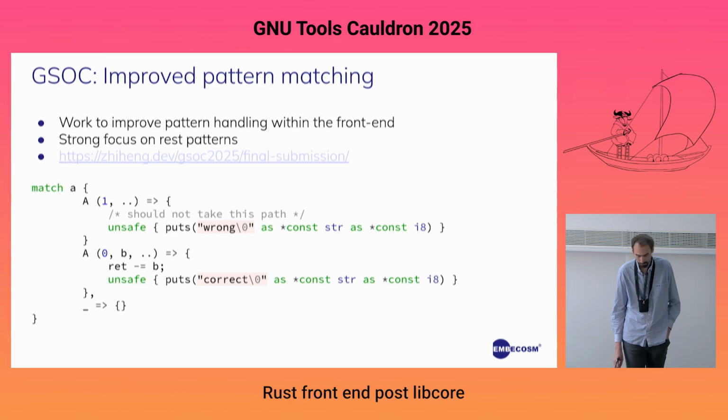I've put an example of a rest pattern right here. You can see the 2 dots over here. That's a rest pattern. It's basically to say, let's match over some part of a structure. It could be a tuple, a struct, or an array, and let's not care about the rest of the structure. So here I put a tuple, but it basically works the same with, let's say, a structure, where you would like to get only the first few fields, or an array where you would get either the first few and last fields, first few fields, or last fields.